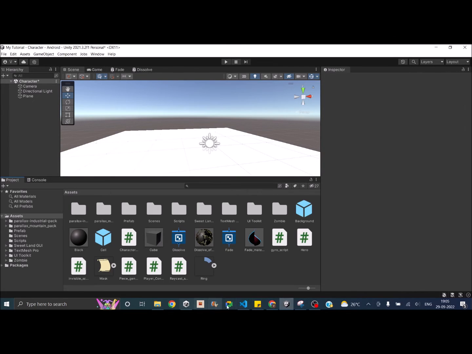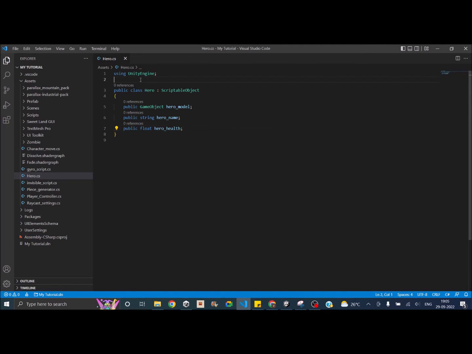So let's go back to our script and we're going to say CreateAssetMenu, and inside that we'll say fileName is equal to HeroClass, and I'm going to say menuName is equal to ScriptableObject/Hero. So this will add it to our menu in the project window, so we can create more hero type game